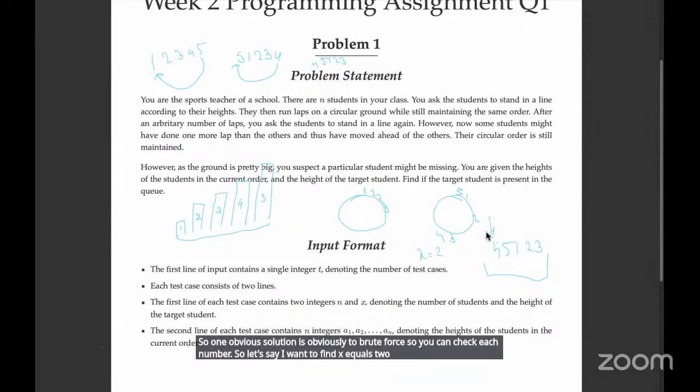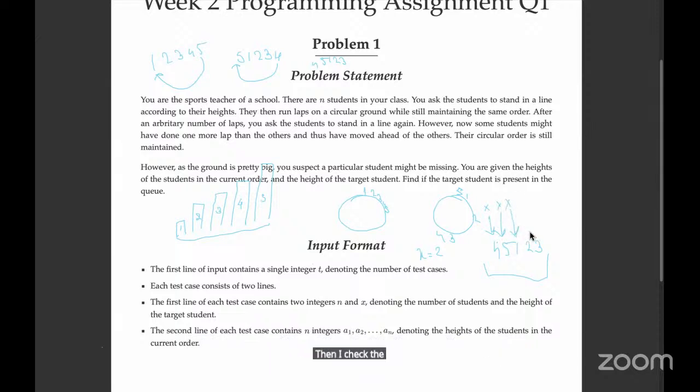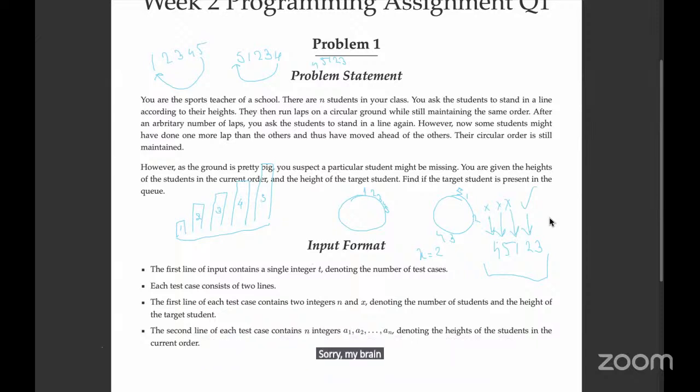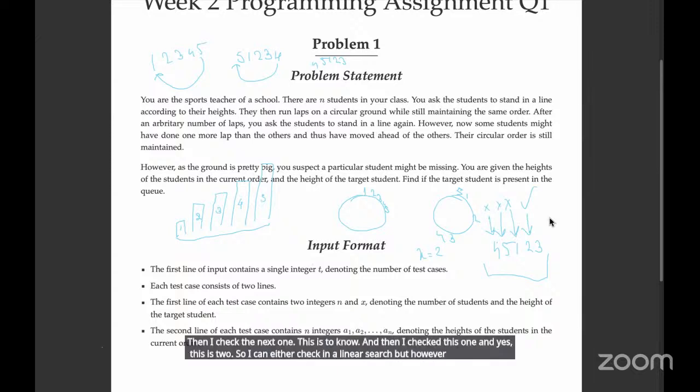So I can check if this is 2, so it's not 2. Then I check the next one, is this 2? This is also not 2. Then I check the next one, this is 2, no. And then I check this one, and yes, this is 2. Right? So I can check in a linear search, but however, we can see that the list was sorted,